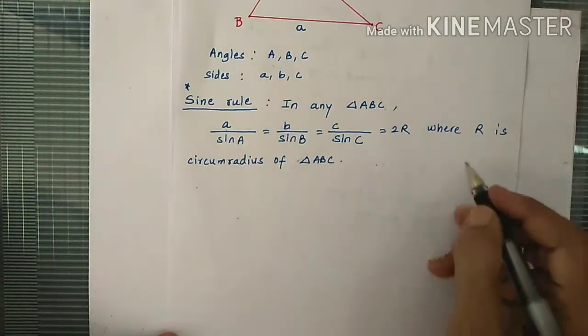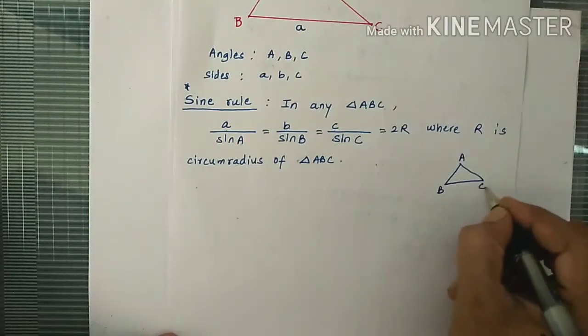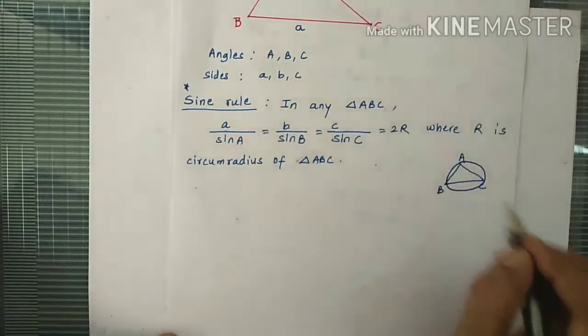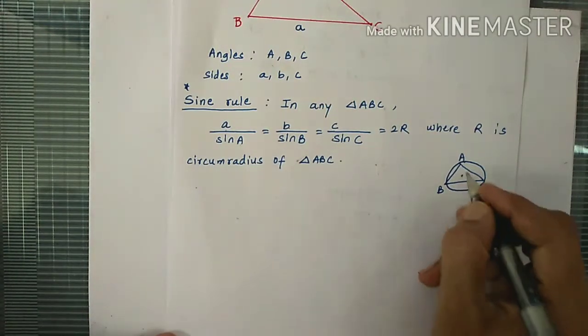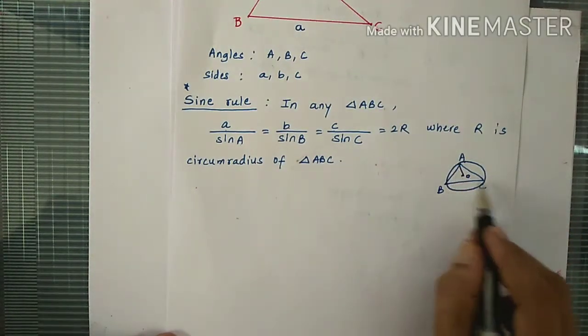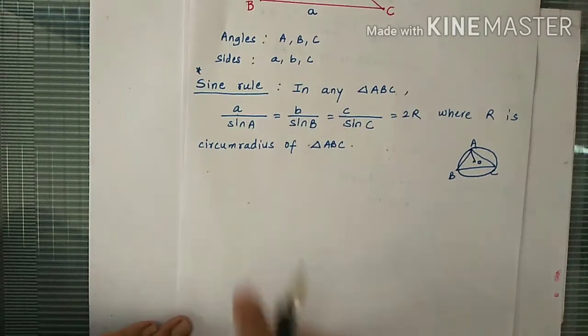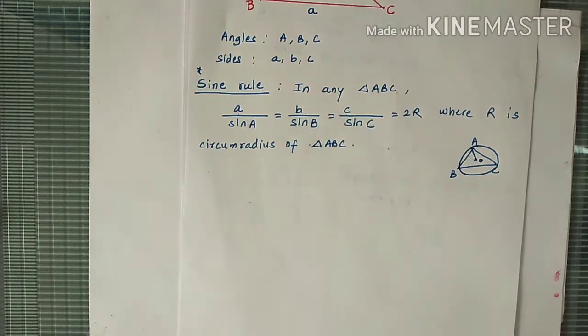What is circumradius? If we take any triangle ABC, we can draw a circle passing through the vertices A, B and C. This is known as circumcircle, and radius of this circumcircle, if we write O as center, then OA, OB, OC are circumradii of the circle. So that is circumradius. R is the circumradius, that is denoted by capital R here. So we have to prove that this ratio is 2R. Okay. So first let's study a proof given in the textbook.